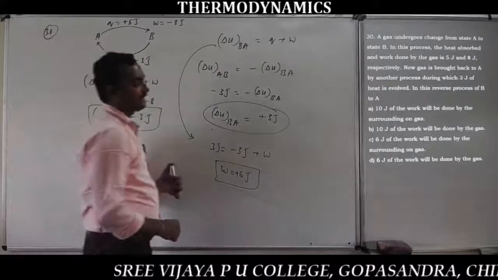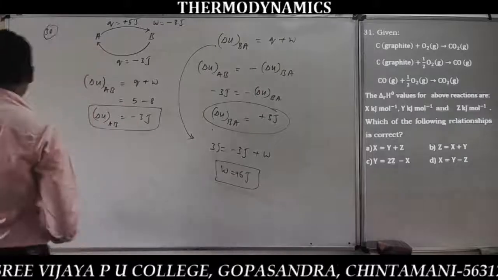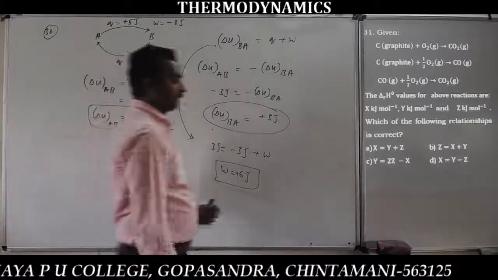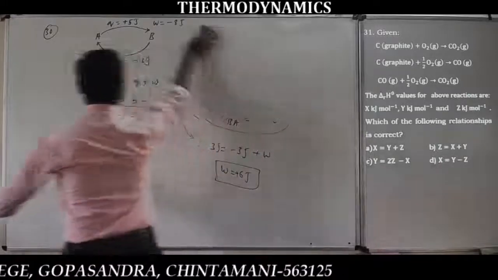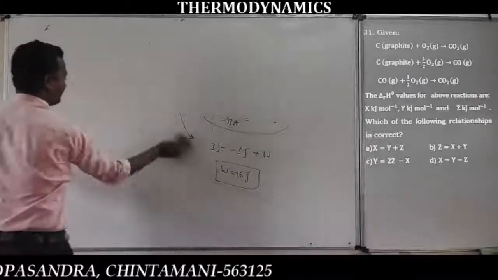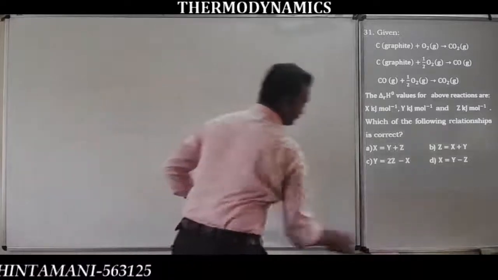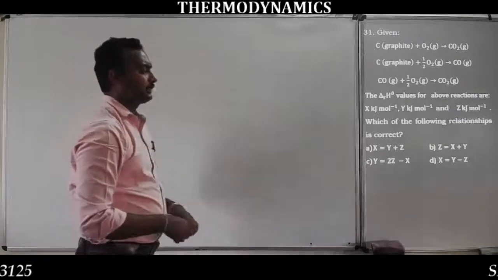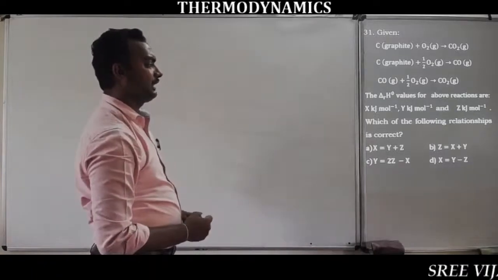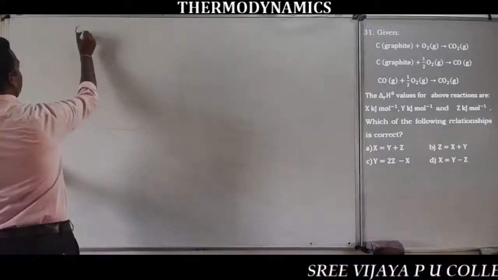That is option C. Question number 30. Yes, question number 31. So it is graphite. So equation 1, 2, 3 ತಗೊಳ್ಳಿ. delta H value for above reactions X, Y and Z value which are following relations is correct ಅಂತ ಹೇಳಿದ್ದೇನೆ. So ಈಗ ಒಂದು ತಗೊಳ್ಳಿ, C graphite